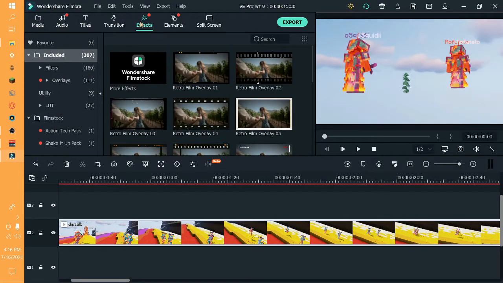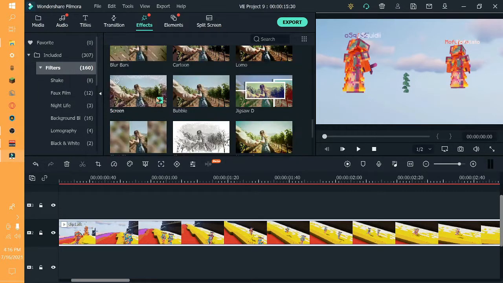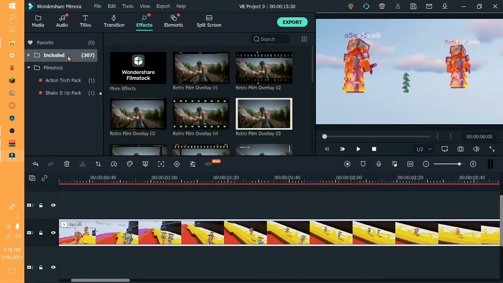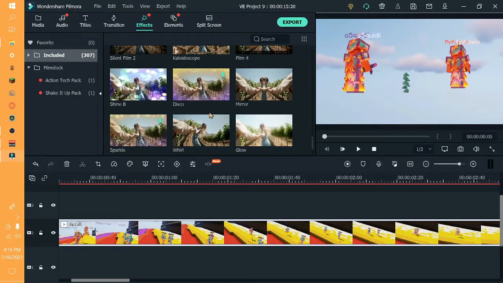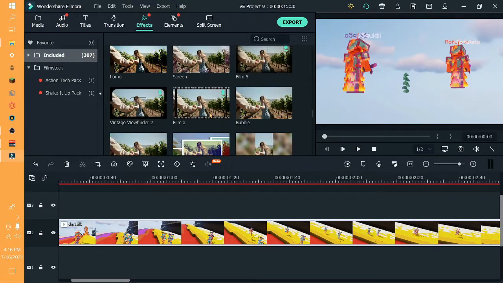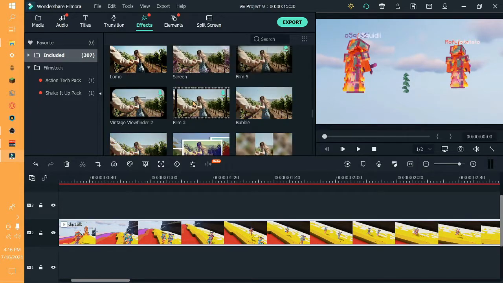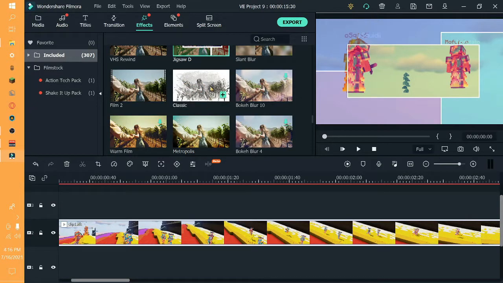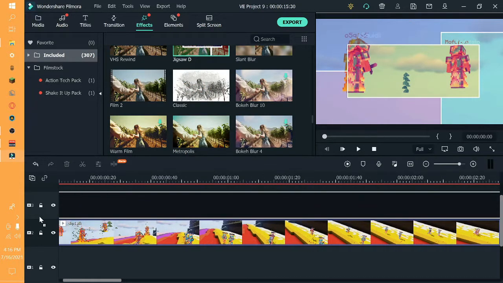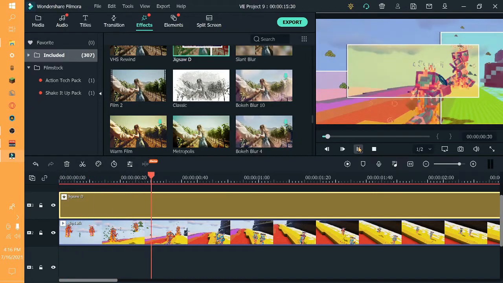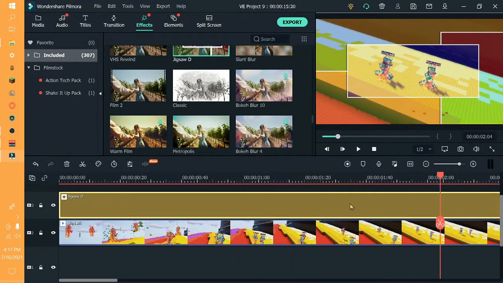So here in effects right here, you have filters, all these kind of things. They're basically just filters. But let's say I wanted it to be like this. I generally don't use the effects that much, just because I use the color correction board. Let's say I wanted this. I'll drag this in right here. Actually, I do kind of use